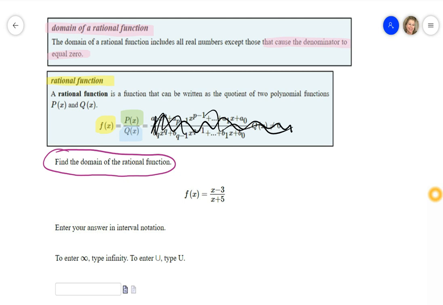And if you have a variable in the denominator, you have to figure out what number, if I stick it where that x is, is going to cause the denominator to be zero. Because you can't have zero in denominators. It says right here, cause the denominator to equal zero. So right here I have a rational function. It's a fraction. I've got a numerator and a denominator. Here's my denominator, here's my numerator. So it's a rational function. However,